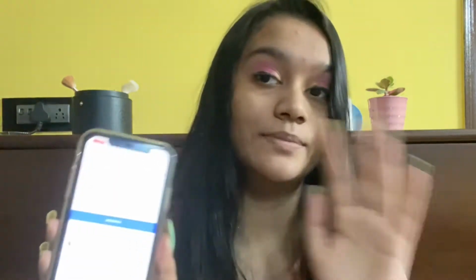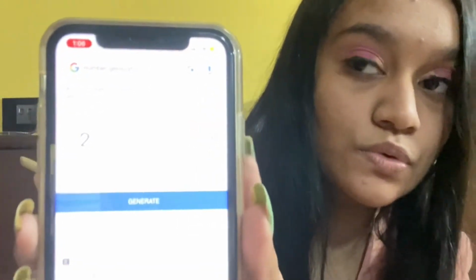So I've put the generator here, and the lower side is 1 and the upper side is 3. So I'm gonna generate. It comes out to be 2. So I'm gonna use the Maybelline Superstay Foundation, this one right here. I really didn't want to use this because it's winter season and I really don't want a dry foundation, but I'm gonna use this now.